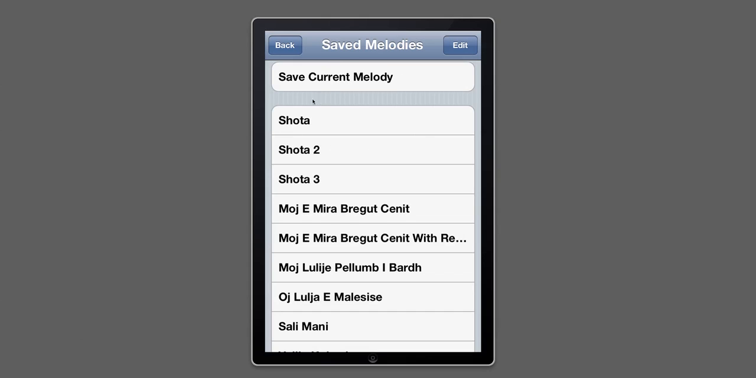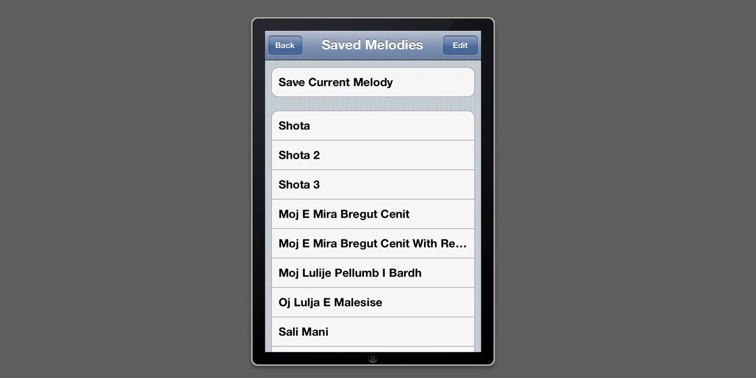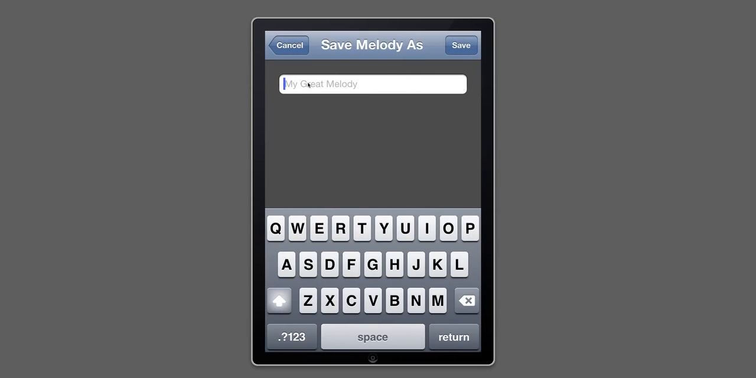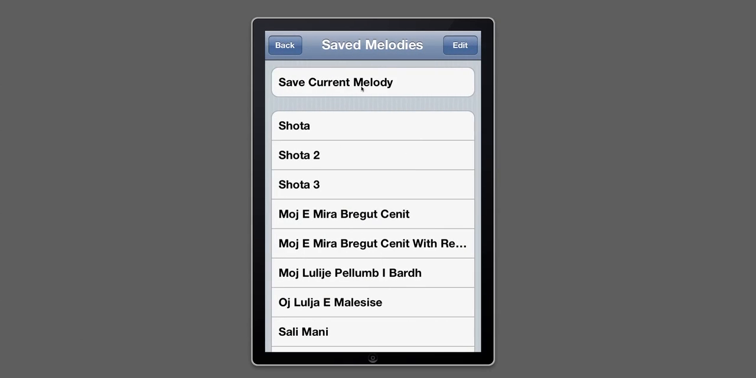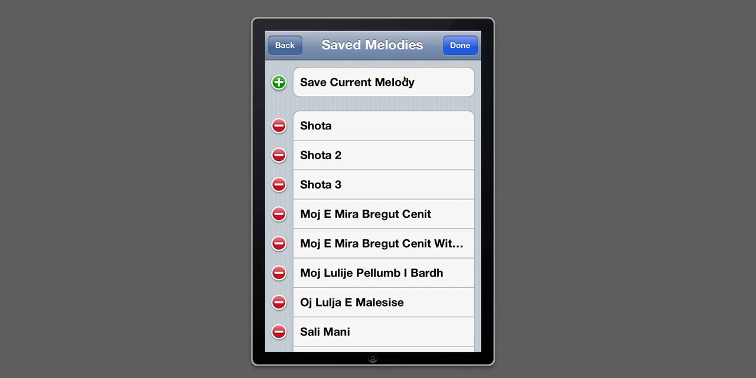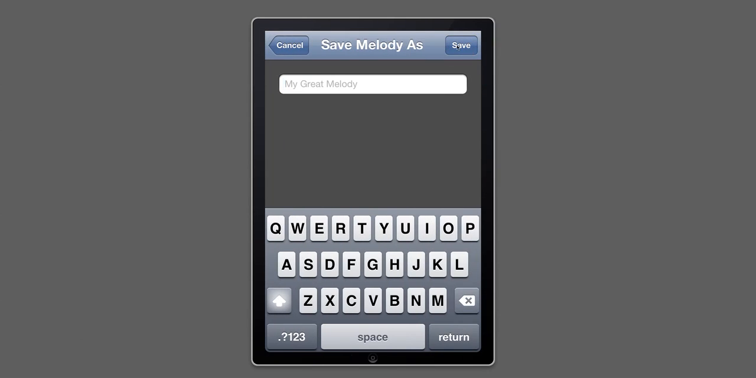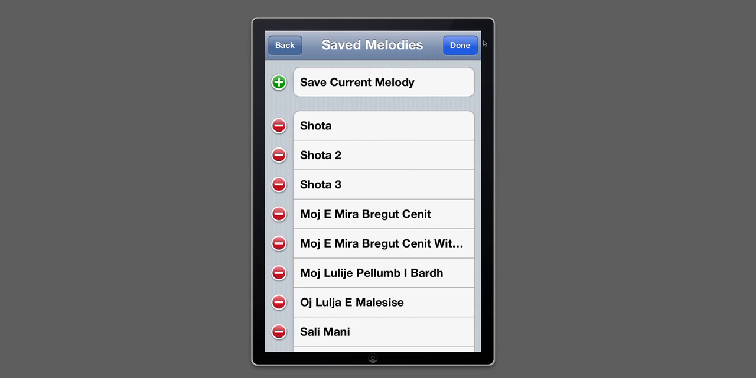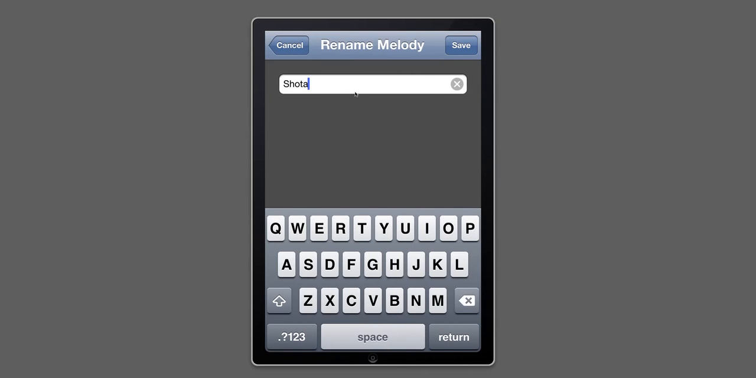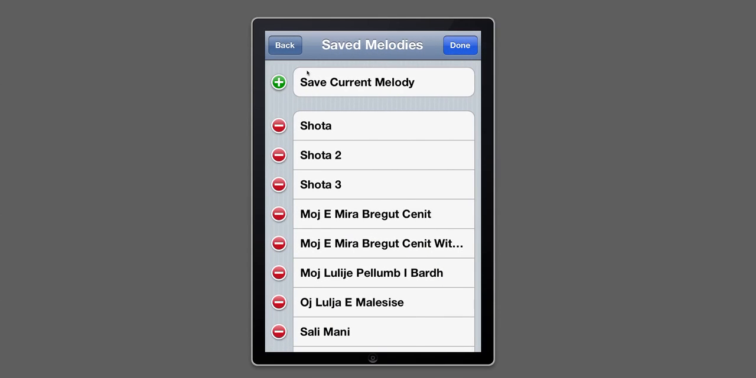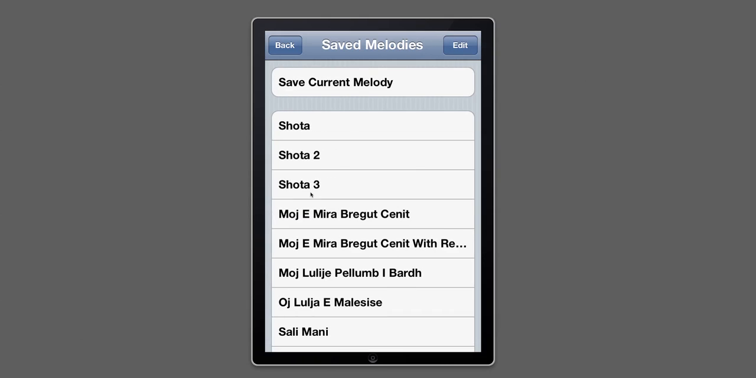And this screen has been refactored as well. This button now takes you directly to save the melody rather than bring you back to the previous instrument. You do not have to hit edit and then save. You can simply hit save, or if you hit edit, it won't make a difference. If you needed to rename a song, you hit edit and then go here, name it whatever you like, Shota Marshala, and so on. So let's go back and play,